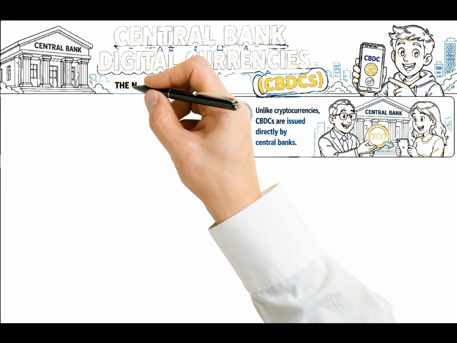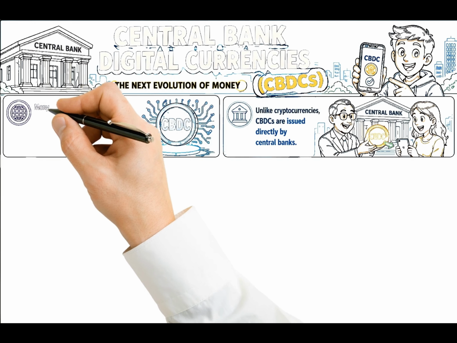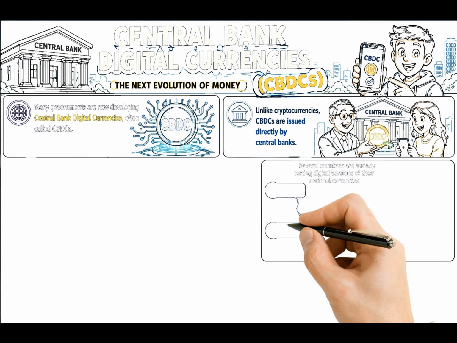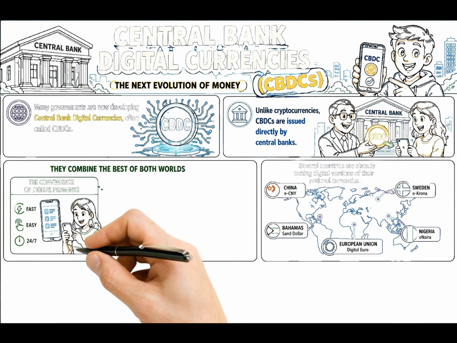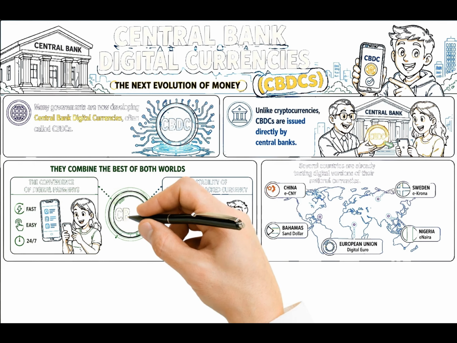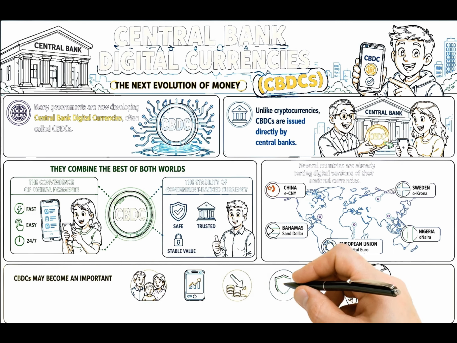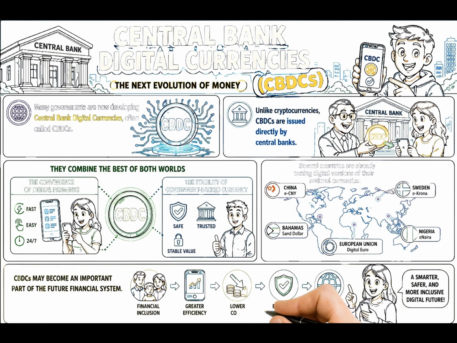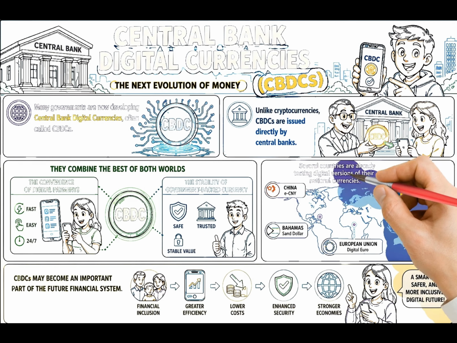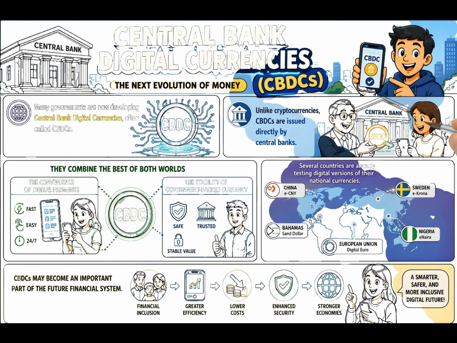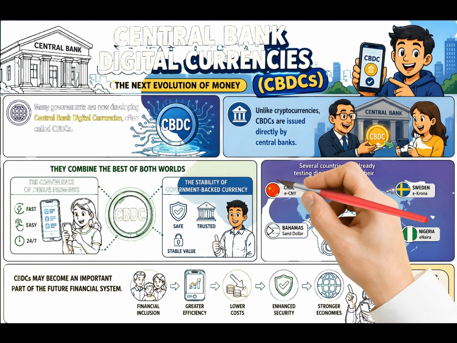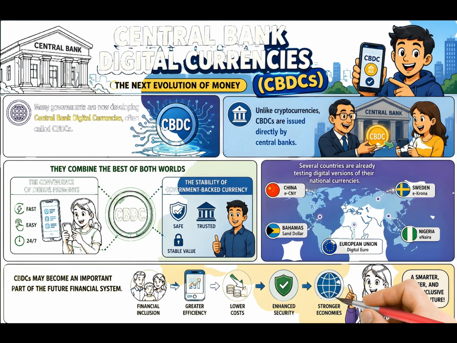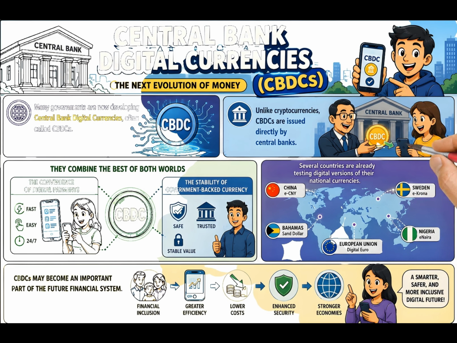Another exciting development is the use of smart contracts. These are digital agreements stored on blockchain networks that automatically execute when specific conditions are met. Unlike traditional contracts that require intermediaries, smart contracts can process transactions automatically. For example, insurance claims could be paid immediately after verification, property ownership could transfer automatically after payment, and businesses could automate supplier payments without lengthy paperwork. Smart contracts have the potential to make financial transactions faster, more transparent, and more reliable.